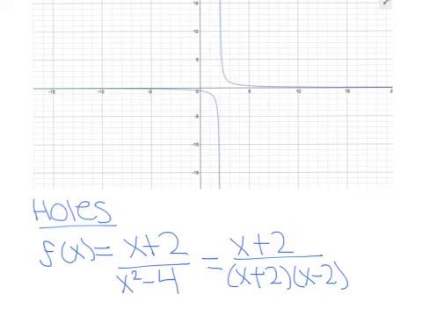To find the y-coordinate of the hole, you must reduce the function and then plug in the x-coordinate into the new function. Once you solve, y will equal negative 1/4. And as we can see in the graph, when we go to negative 2 on the x axis and then go to the graph right about here, we can see that y equals negative 4. However,